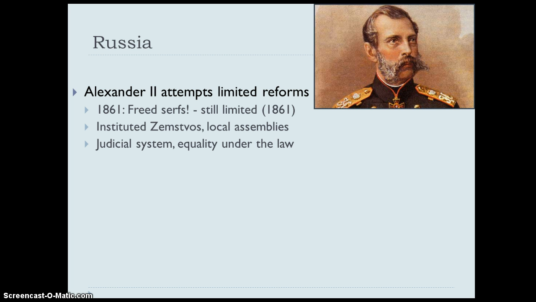In 1861, he will issue the Emancipation Edict, which will free the serfs in Russia, and Russia was the last place really to have serfdom. However, things were not great for the serfs. So how it worked was the government purchased the land from the landowners. So these big noble landowners owned these huge pieces of land, and they chose which part of their land they were going to give up to the government for purchase. So if you think about what kind of land you'd give up, the crappiest land that doesn't grow much. And so all the landowners gave up their crappiest land,